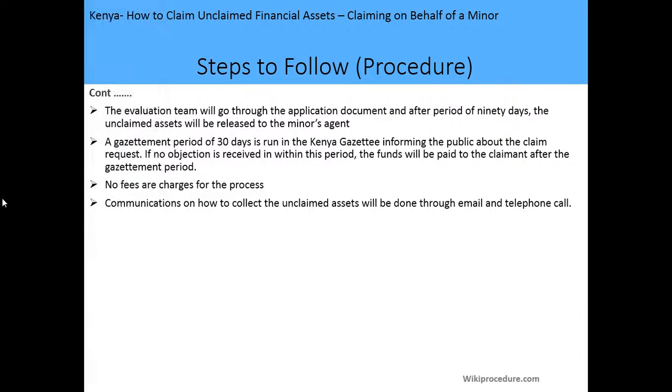details provided. After that, the evaluation team will go through the application documents, and after a period of 90 days, the unclaimed assets will be released to the minor's agent. You need to note that a gazettement period of 30 days will run in the Kenya Gazette concurrently with the 90-day period, and this